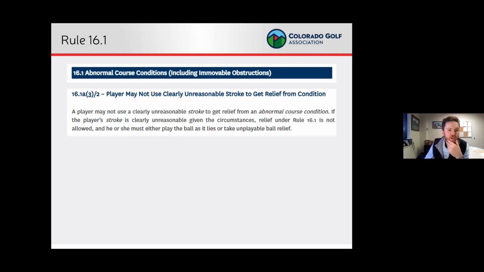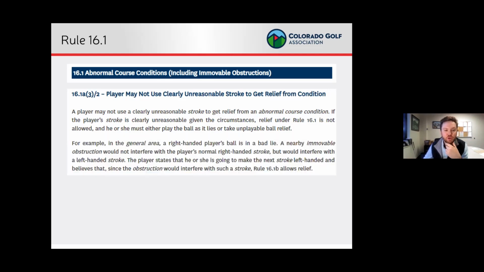And it means a player may not use a clearly unreasonable stroke to get relief from an abnormal course condition if the player's stroke is clearly unreasonable given the circumstances. So there's a little bit of gray there. It is subjective. It's not a one-size-fits-all. Relief from Rule 16.1 is not allowed, and he or she must either play the ball as it lies or